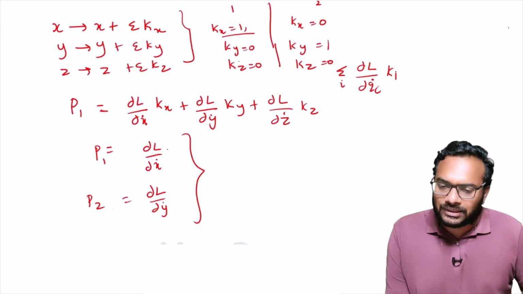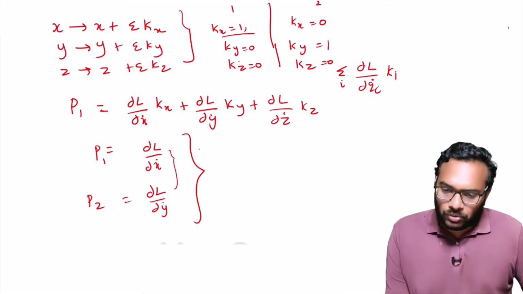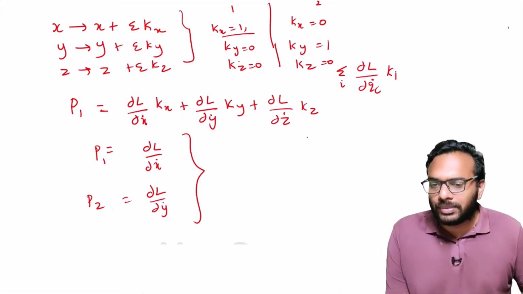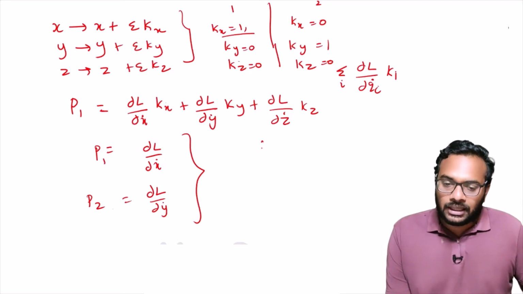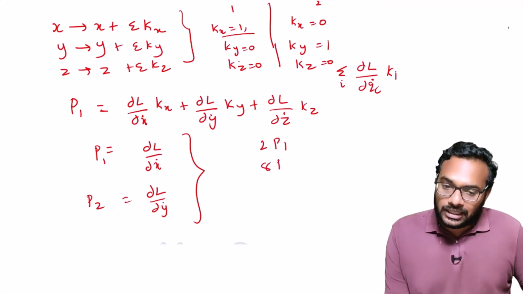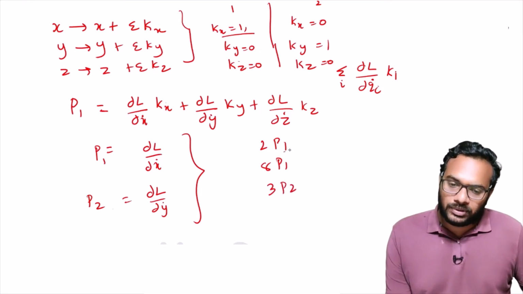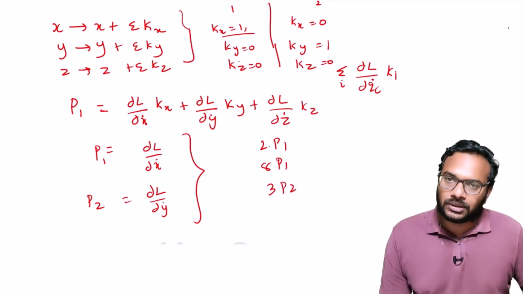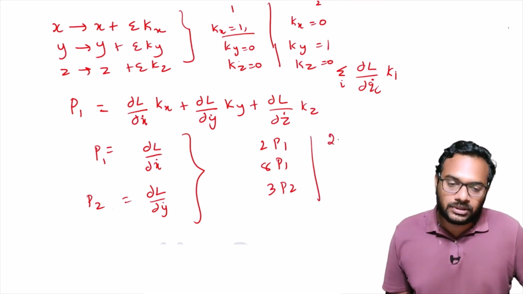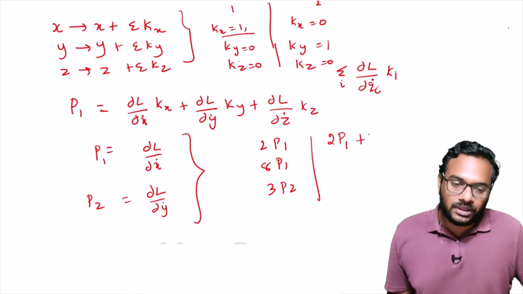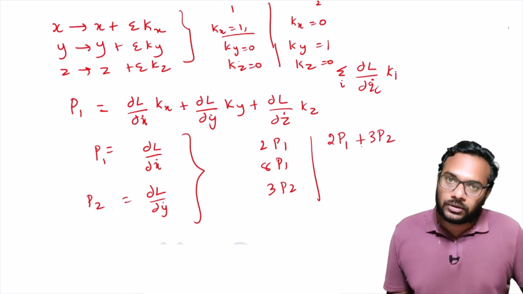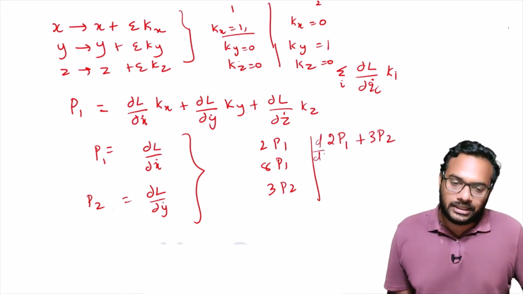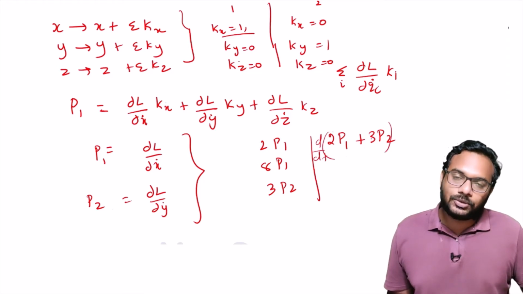All right. So we can consider this as the simplest quantities, or some sort of basis. If p1 and p2 are conserved, then 2p1 is conserved, 8p1 is conserved, and 3p2 is also conserved, because if p1 is conserved, dp1/dt is 0, then 2p1 is also conserved. Or we can have an infinite number of conserved quantities, because combinations such as 2p1 plus 3p2 are also conserved. If you take d/dt of this, since 2 and 3 are constants,